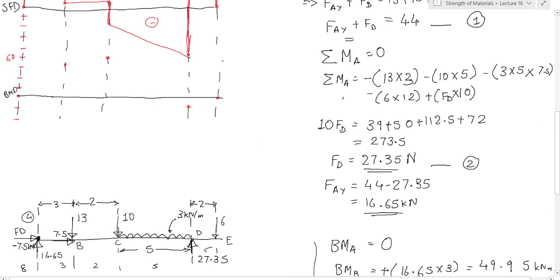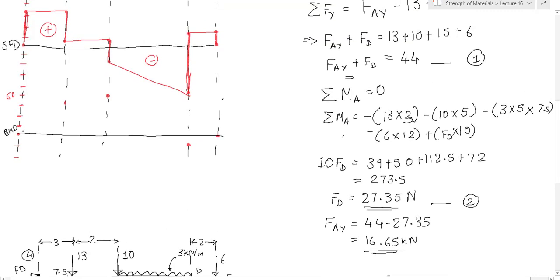Okay. So first of all, because there is no force between A and B, we will connect it with a slanting line, right? An inclined line. Then there is again no force between B and C, so for BMD, inclined. Now between C and D, there is a uniformly distributed load. So we will not draw it right now, just wait. Between D and E, no load, so we will draw it with a horizontal line. So now we have to draw a curve. Right? Which kind of curve? Parabolic, cubic, doesn't matter. We have to draw a curve.